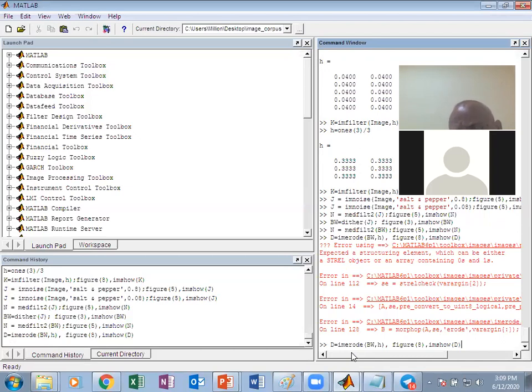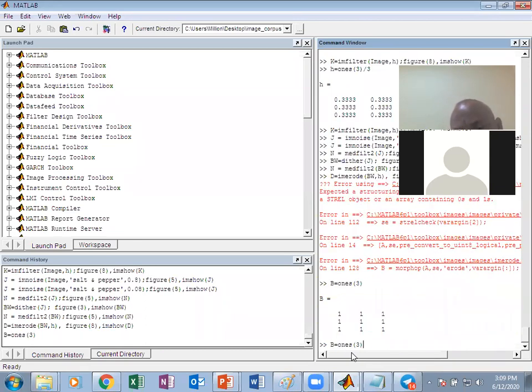Oh, it's expecting a structuring element which contains a binary format, zeros and ones. So that means we have to create it again. B is equal to ones, a 3 by 3 structuring element. Given a 3 by 3 structuring element, if we run IM_ROAD,